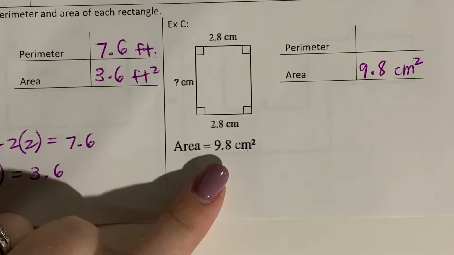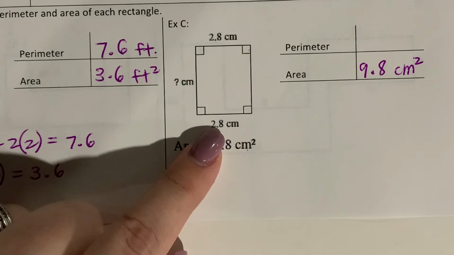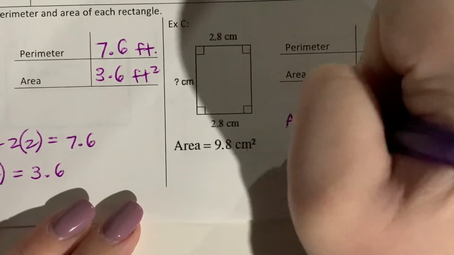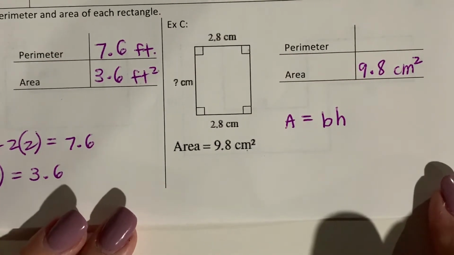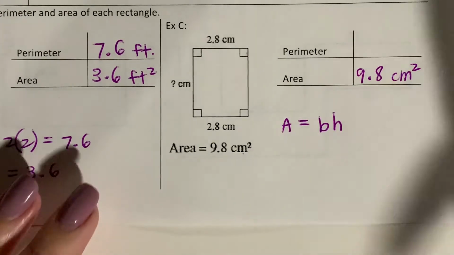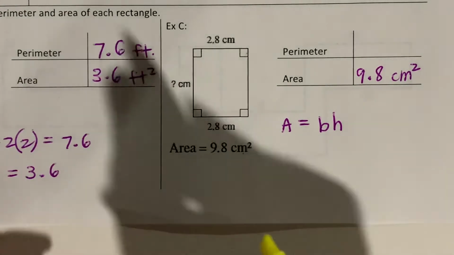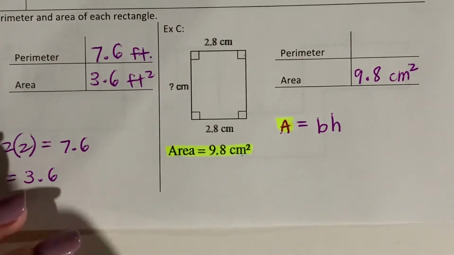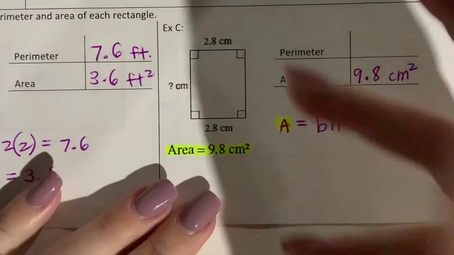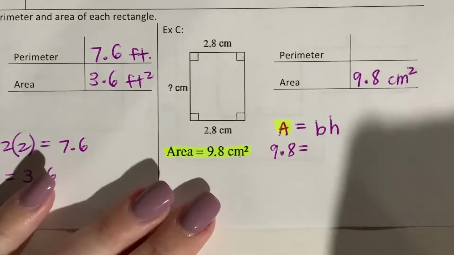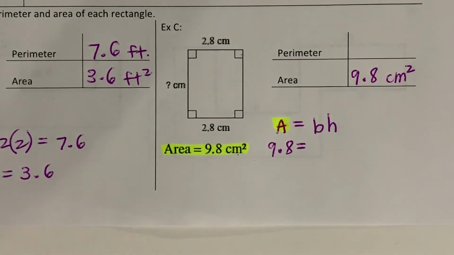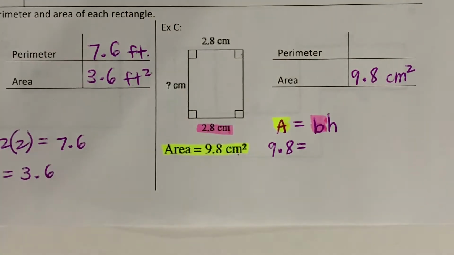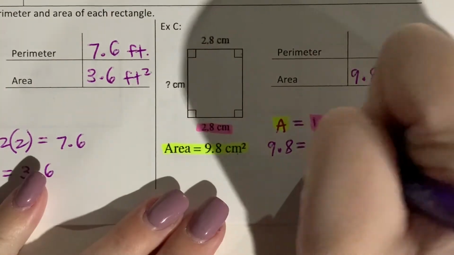I know my area, and I know one of my dimensions. I know the base, but I need to find my height. So what I can do is I can use my formula. Area equals base times height, and I can plug in what I know. So for example, I know my area. Right here it tells me my area is 9.8, so I can plug that in for my area. So I will have 9.8 equals my base, and I'm actually given my base. My base is right here, 2.8. So I'll have 2.8